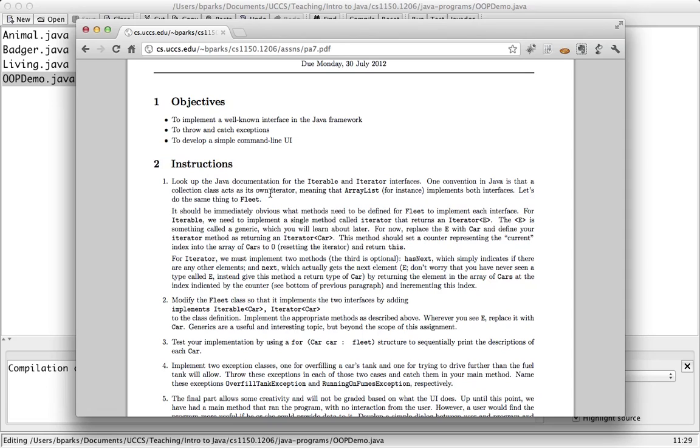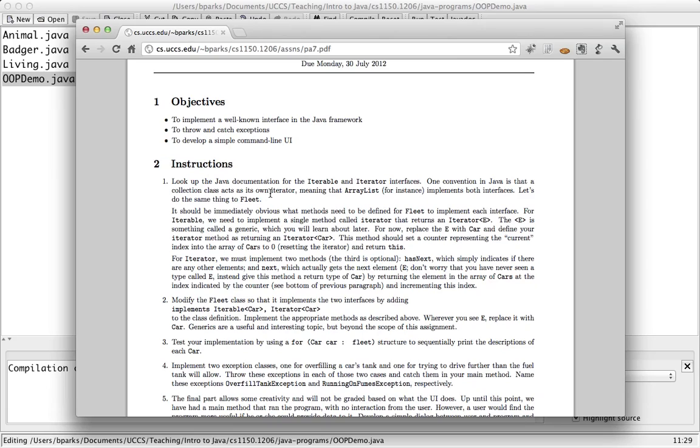Basically, it is an official Java term, but it's also an English word describing a set or something like that. A thing that is composed of many other things, which is exactly what we're implementing with Fleet. Fleet eventually will be a fleet of many other things, eventually an array of cars. I think programming assignment 6 is arrays, so you implement a fleet with arrays in programming assignment 6, and then here you take that array